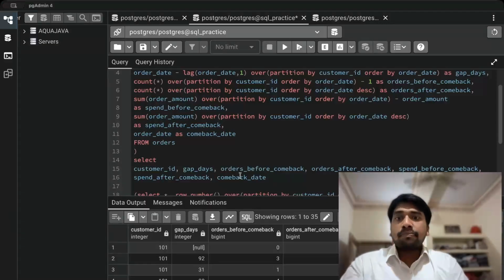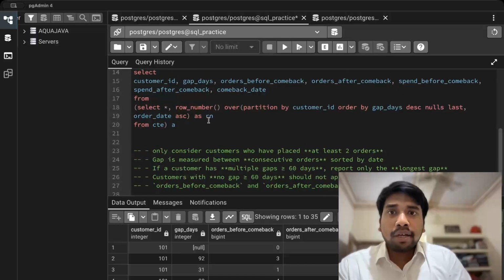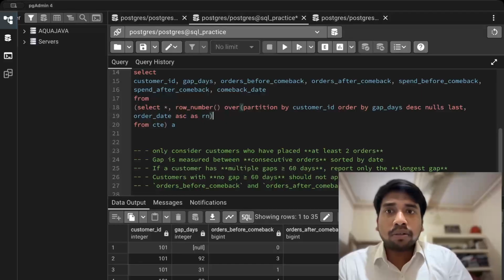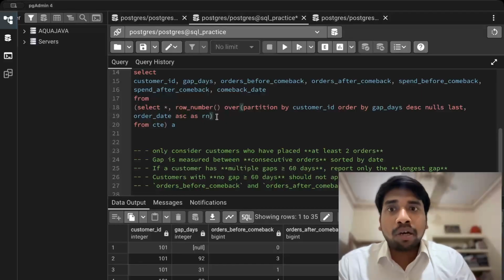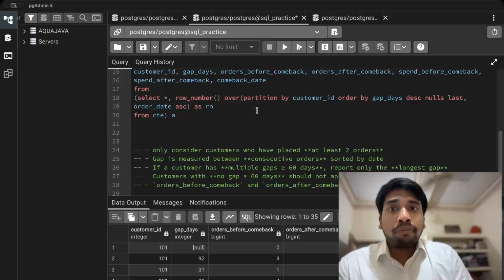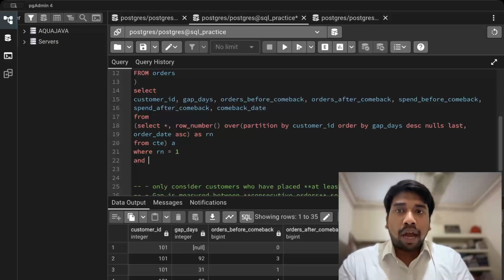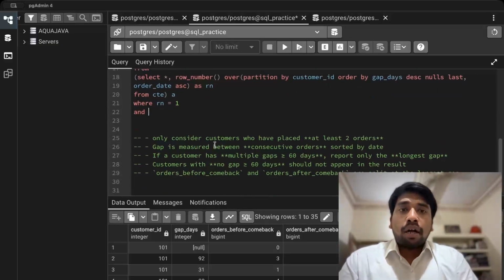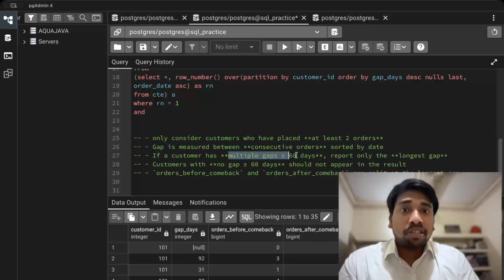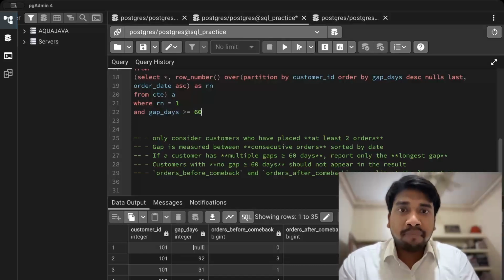And comeback date. Now we need this from. I have already added the table and the CTE. Okay, the bracket is wrong. This is the correct one. Okay, no, sorry. This one was the already correct one. This one is wrong. And now we will apply all our filters here. First, it should have two orders. And first, we need the largest gap. So we will use where Rn equal to 1 and, okay, this is important. Multiple gaps greater than equal to 60 days. So what we will do is we will write gap days greater than equal to 60